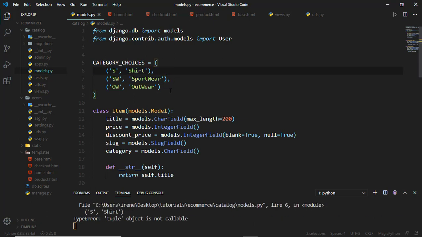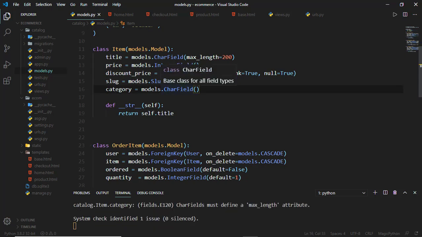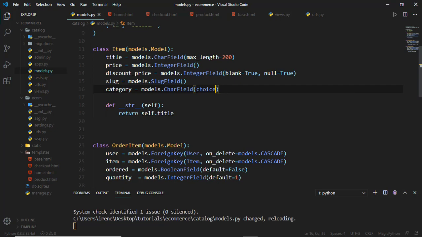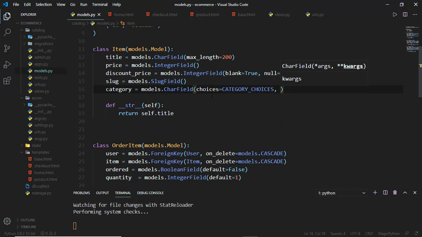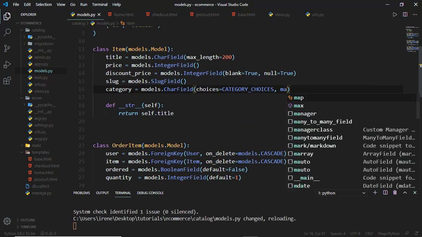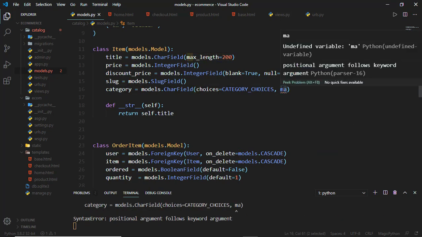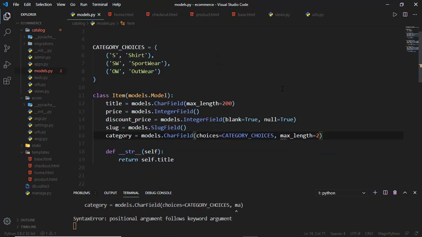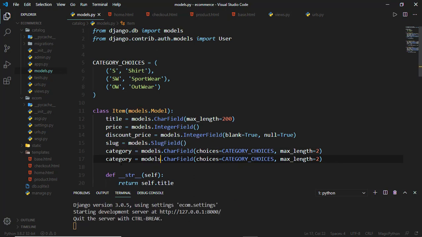And we need to add commas there because these are tuples. So for the category, the choices are going to be the category choices, and we can specify max length the same way we have here. Max length is 2,